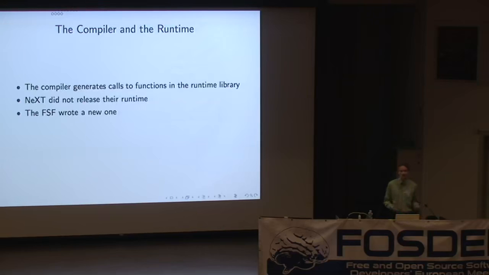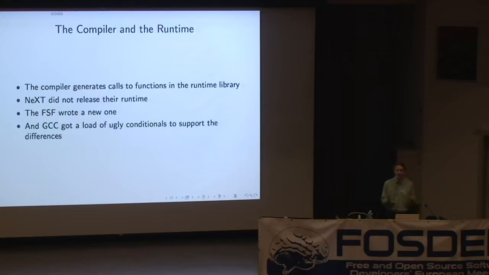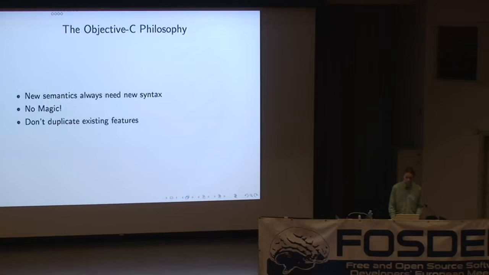And NeXT had done a few things in their design that weren't very sensible, and they'd done some things entirely for performance reasons, but made it impossible to write a portable version of this library. And the GNU project supports a load of different Unix platforms. It now supports Windows and a few other things. So having something where you need to write some custom assembly for every single combination of kernel and CPU, almost the entire code base would have ended up being non-portable. It would have been horrible. So they changed the design a bit, and then the GCC code got some more conditionals for some things for the NeXT runtime and some things for the GNU runtime. And so this really ugly code became even more ugly. And that was the status until about 2000. And I'll talk a bit about how that's changed in a few more slides.